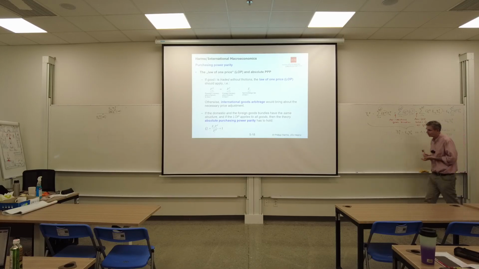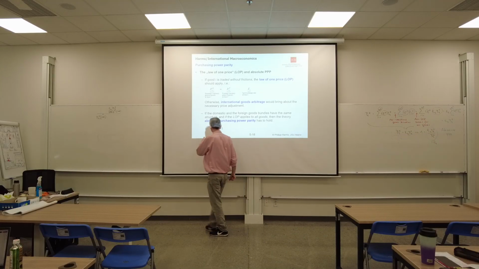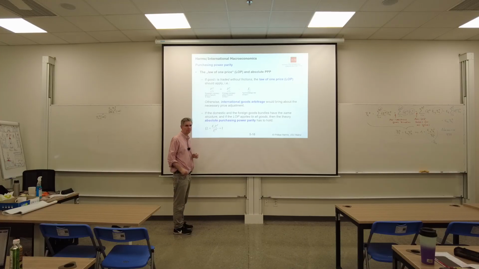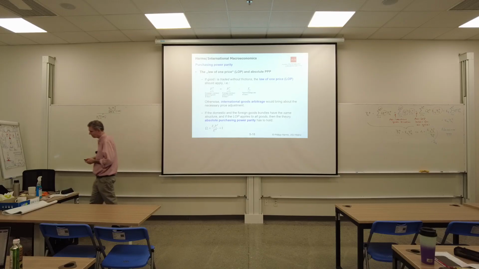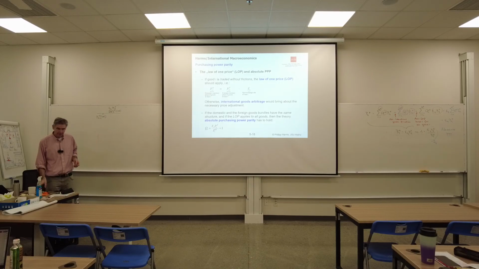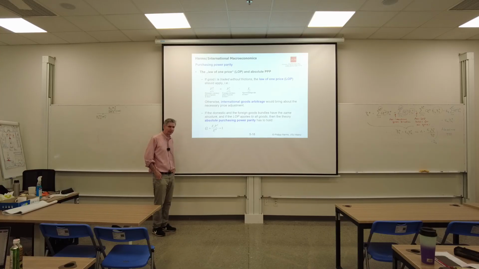So the theory of absolute purchasing power parity says that the real exchange rate should be equal to 1. Or put differently, goods bundles should cost the same across countries if translated into the same currency. Now, here we have a first theory of the real exchange rate, and it's a very strong theory and a very demanding